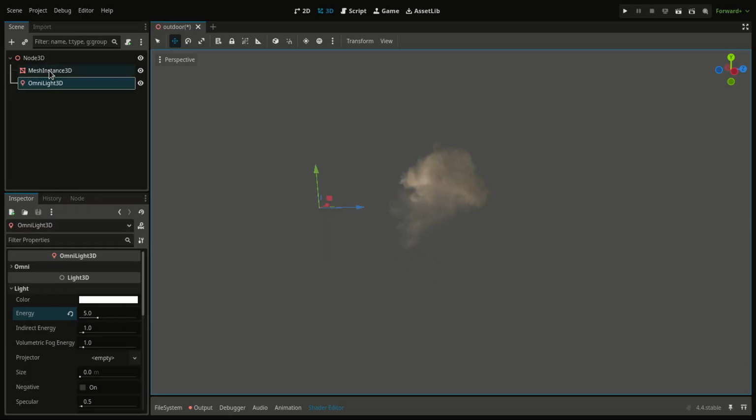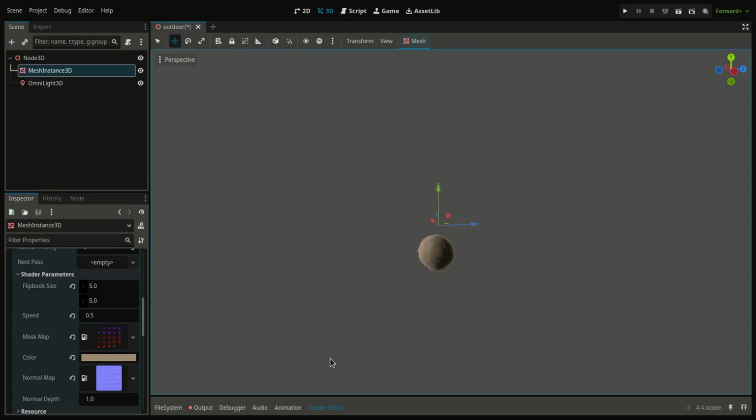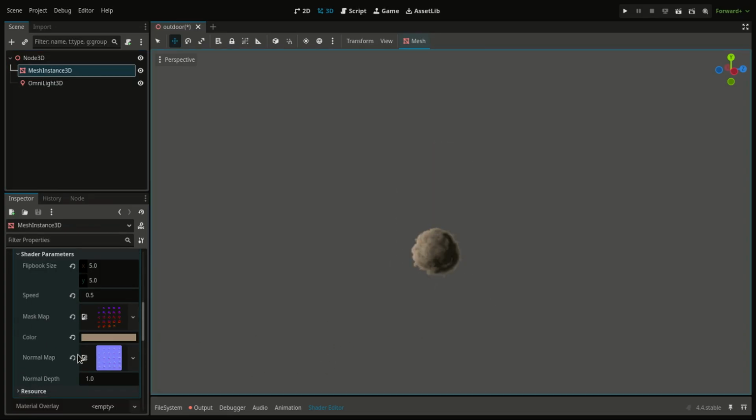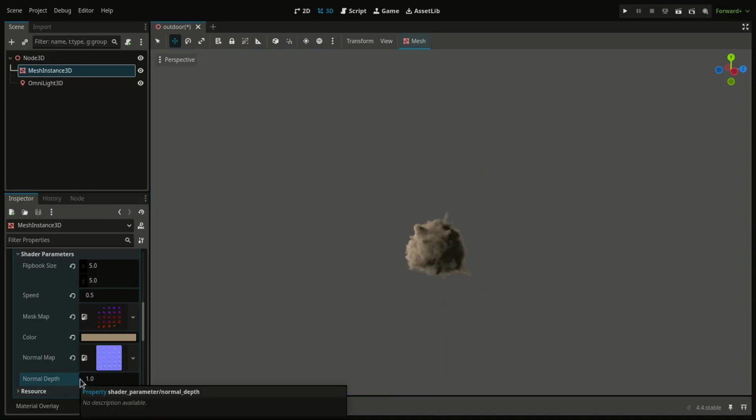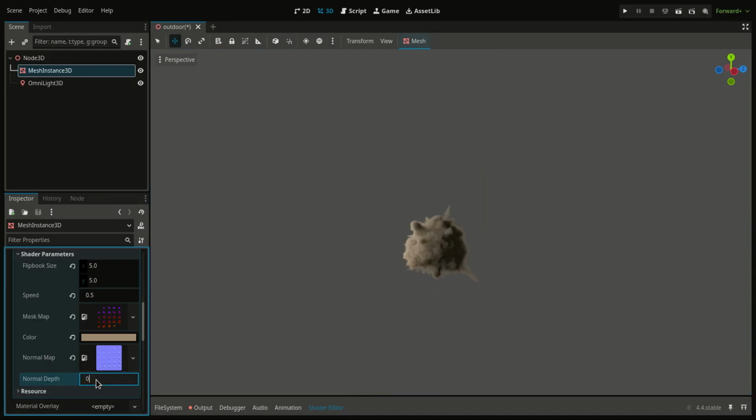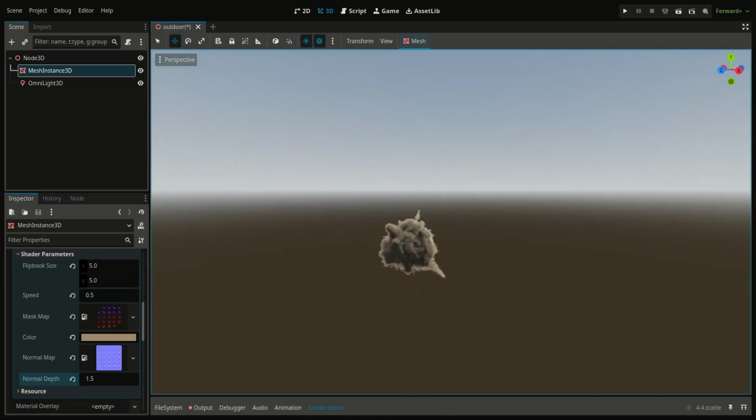Alright, so now if we change the normal map depth, you can see that the shadows kind of get stronger. If you set it to something less than 1, you can see it looks more flat, but I think something like 1.3 looks good. Yeah. Anyways,